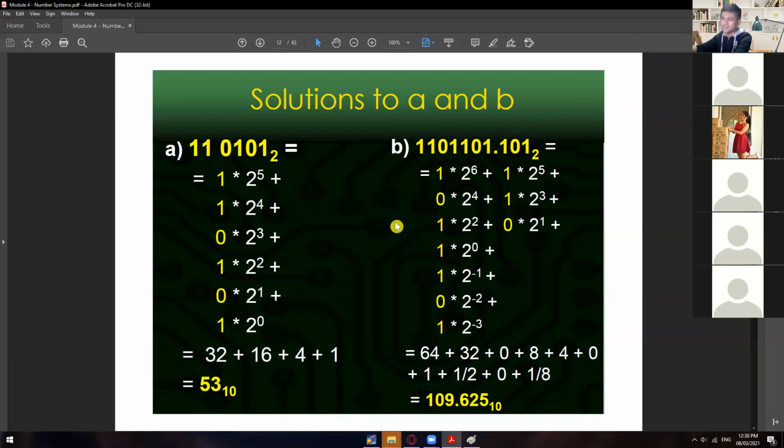So yeah, the correct answer is 53. So again, correction. So this one is not 61, but this one is still 53. Okay, so this one is correct. All right. So thank you very much for that one,